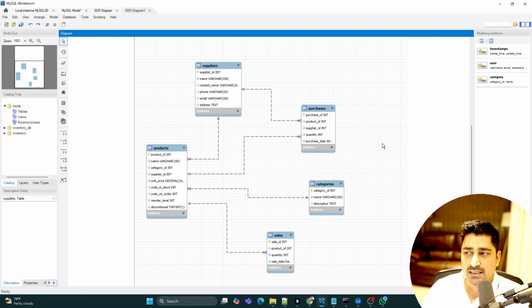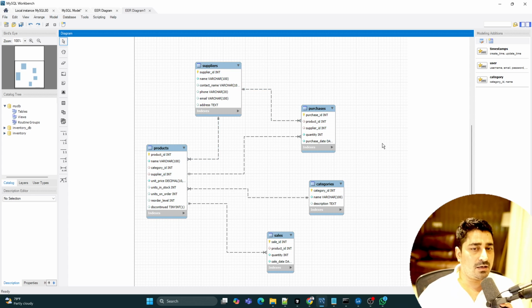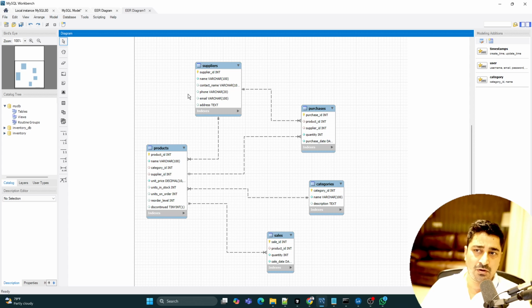This is something called data modeling. So whenever you are doing something in Power BI or maybe Tableau, even over there we do a lot of data modeling, right? We do a lot of data modeling even over there. So data modeling is nothing new. We always try to do it. And even in the case of SQL, we try to do data modeling, or even when we try to